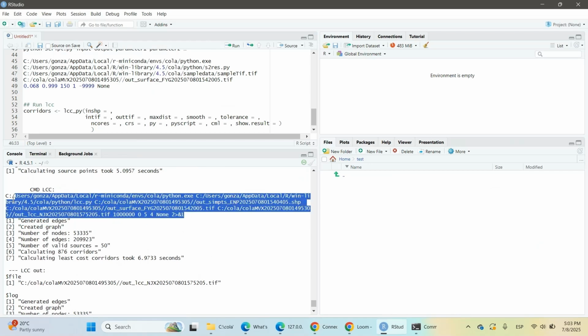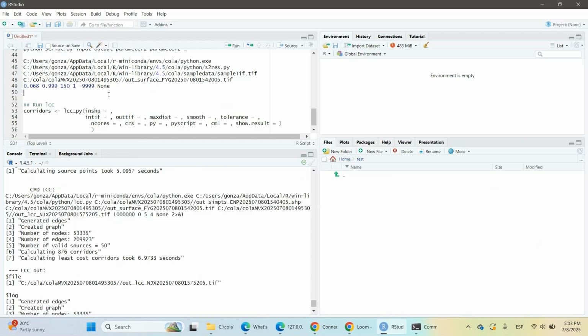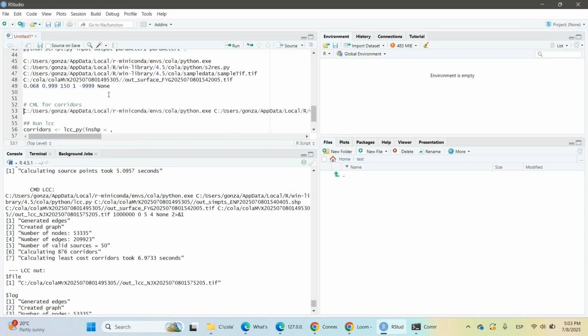And I copied this command line, these four corridors. So from here I can copy the stuff. So you can specify